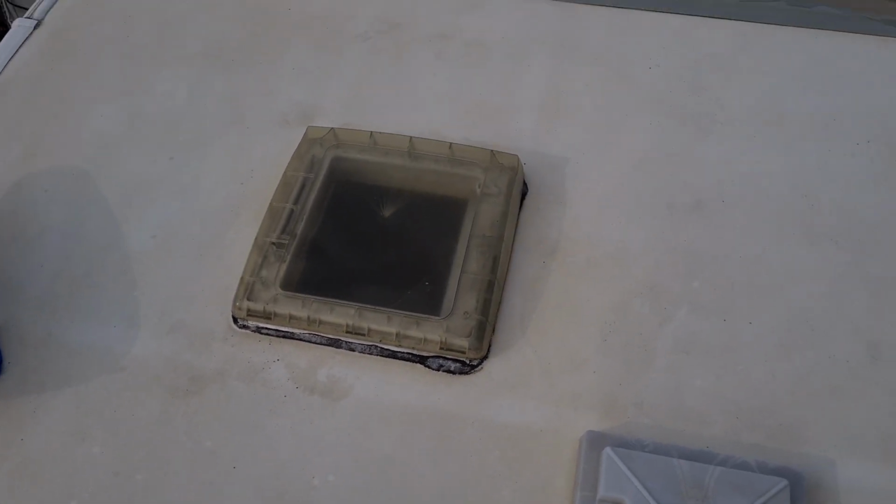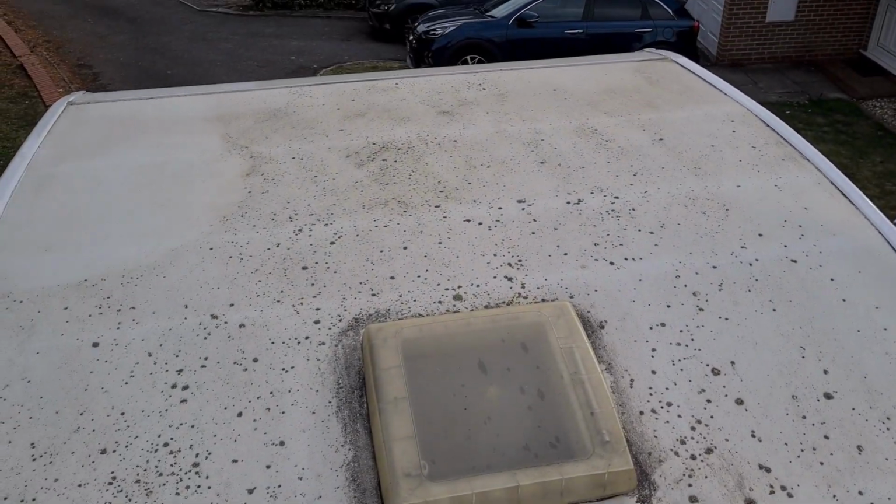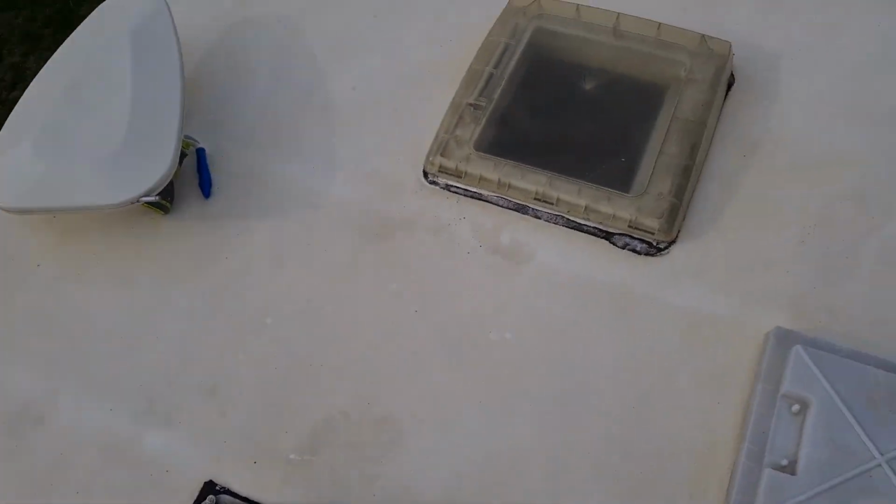So this is the area I've just cleaned. It's not looking too bad, is it? And there's the bit I've yet to do, which I'm even more frightened of treading on. Now, one thing I've discovered at the back, like I say, no expert,